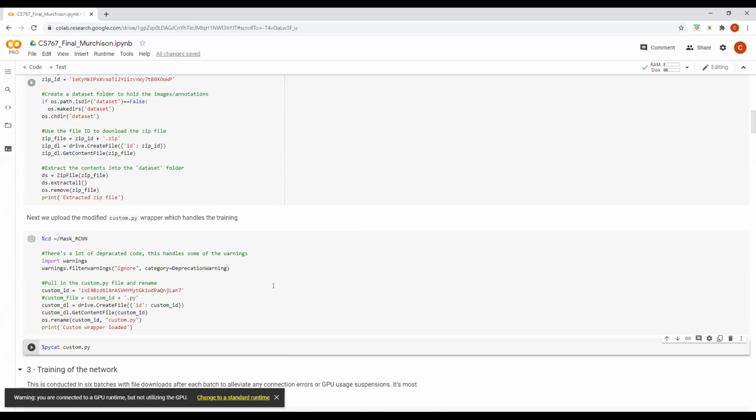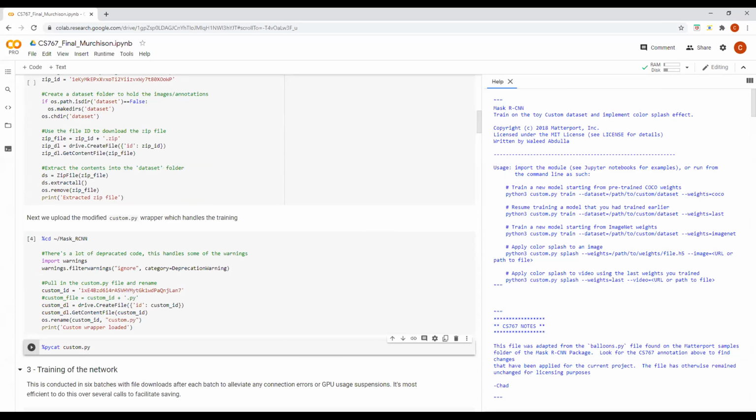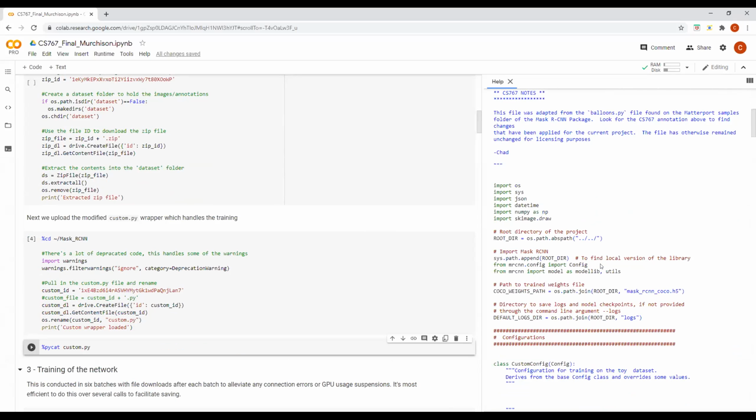So now I have everything loaded. In terms of the main file itself, I did an adaptation of the balloons sample that Matterport had posted. The main reason that I did that is just because it already came with code in order to do a read on the JSON file that's provided by VIA. So this just meant that I had minimal amounts of changes that I actually had to do to